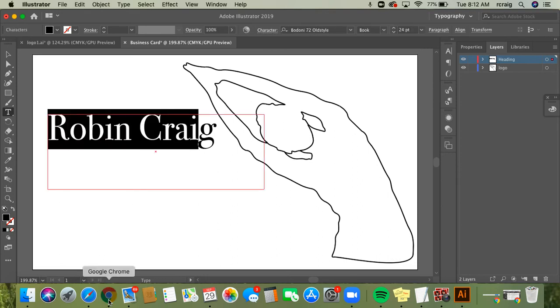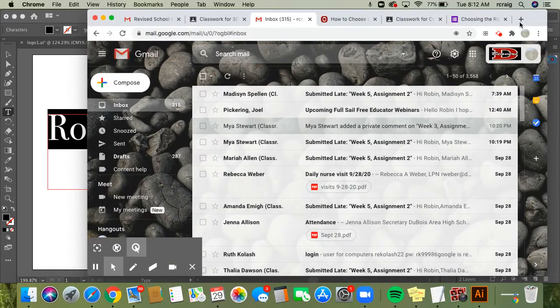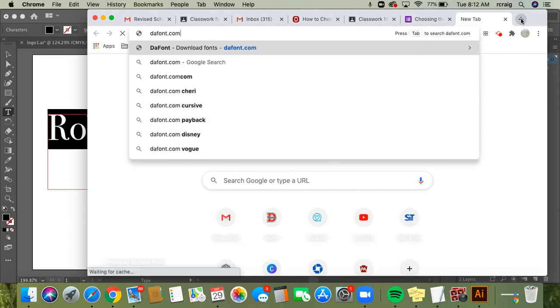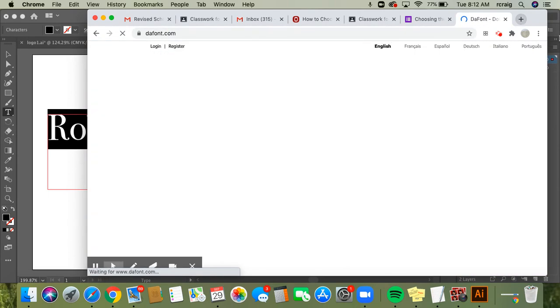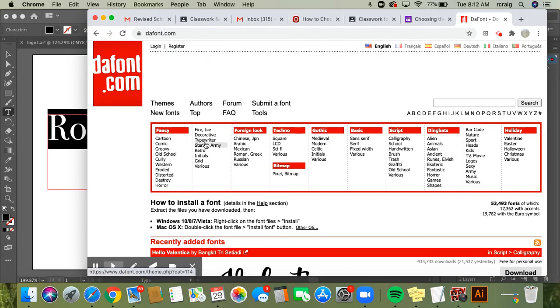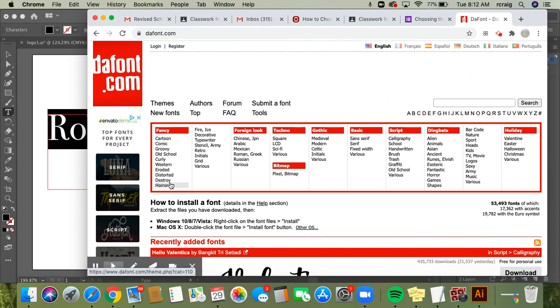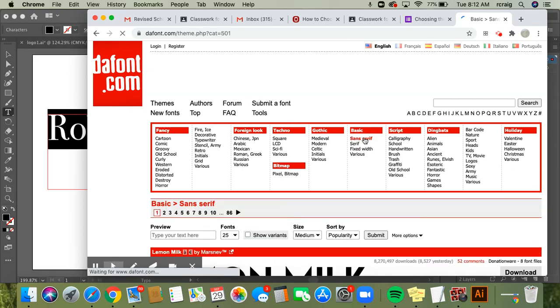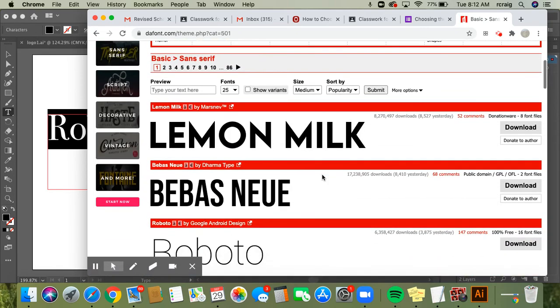One thing I want to introduce you to that you haven't gone to yet is dafont.com. When dafont.com comes up, at the top you have all of these different types of font. If I go into sans serif, which is more of what I'm looking for,